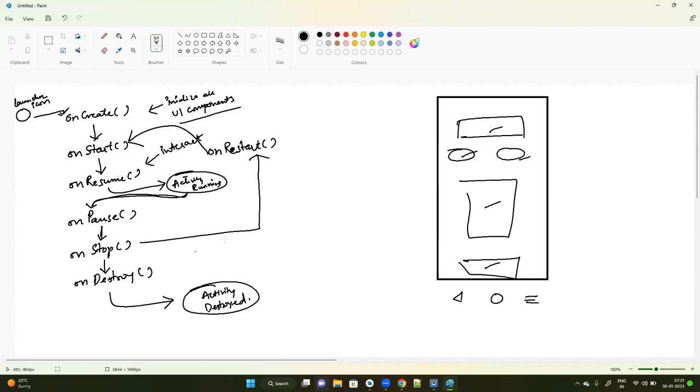So this is all a bit clumsy to understand in the beginning. I completely agree with you. But slowly you'll get a grip over this concept. All right. Anyway, even if you understand this concept, I am going to repeat this concept another time right